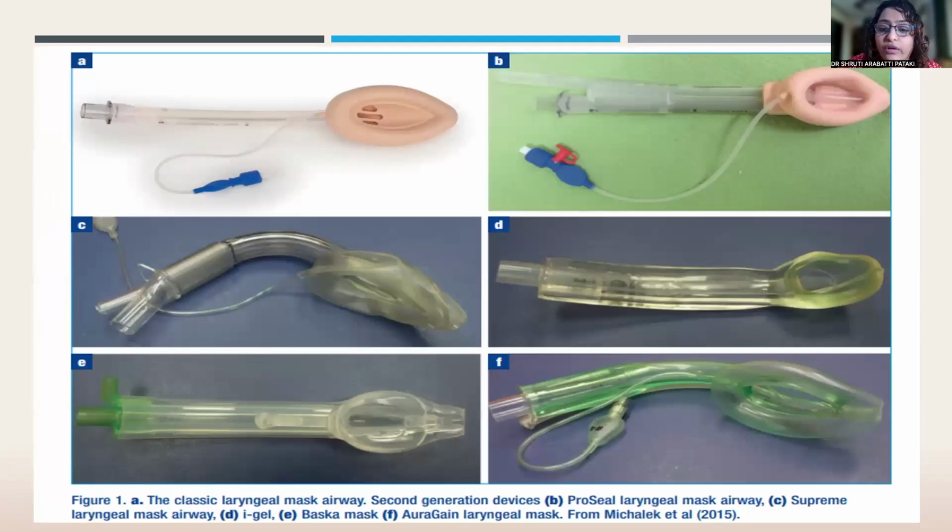We have the AuraGain also, which is the Ambu product. The Auras were earlier silicone made. If you can actually handle the AuraGain, you will see that the material is really comfortable. The chances of post-op sore throat are less. AuraGain offers gastric access and intubation. You can actually pass an endotracheal tube as large as size 8 in this. They have a really large, really deep bowl of the laryngeal mask where the endotracheal tube can be inserted and intubated.